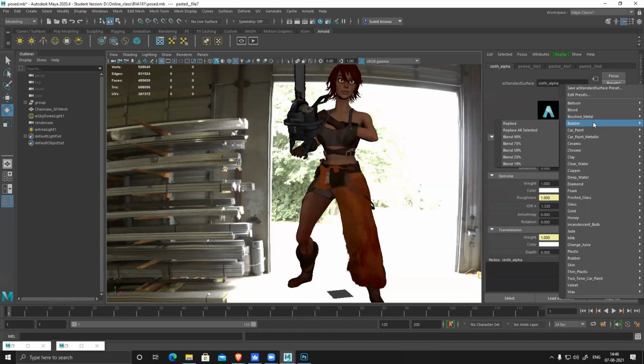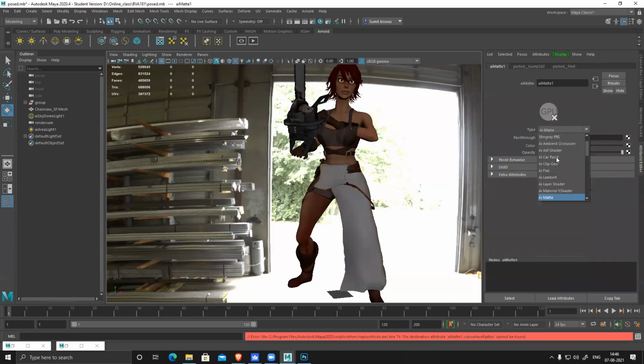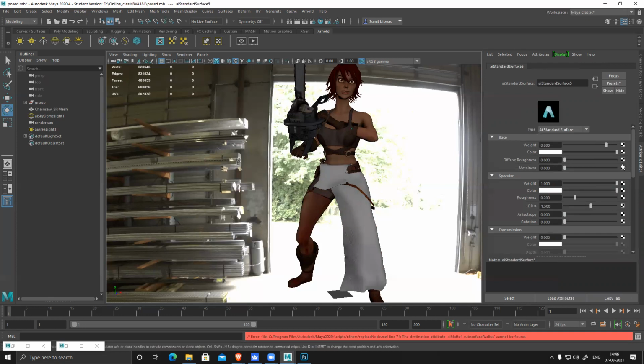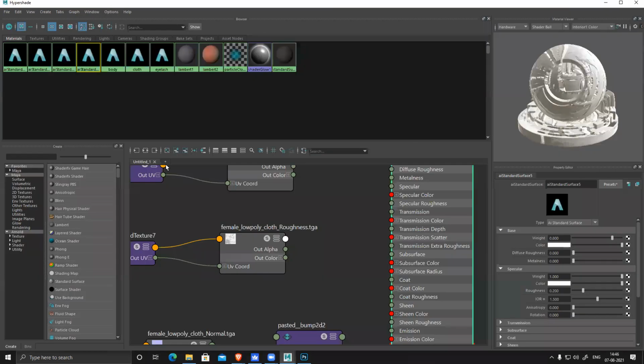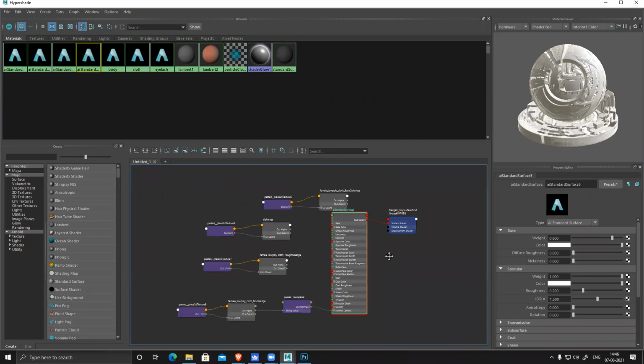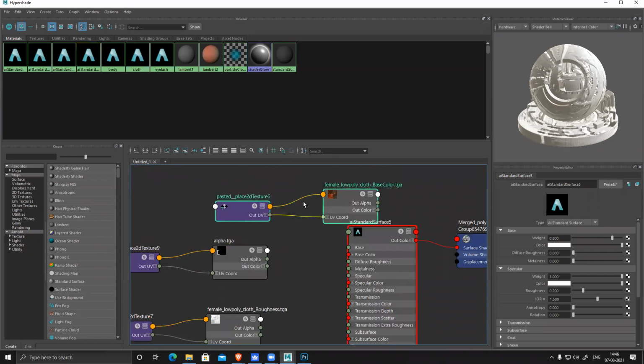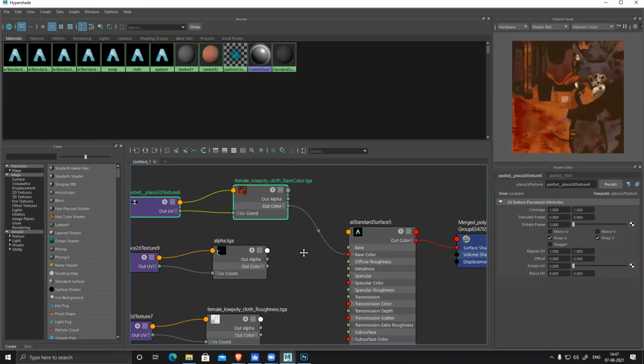Something I have messed up. I just have to replay everything. Base color.